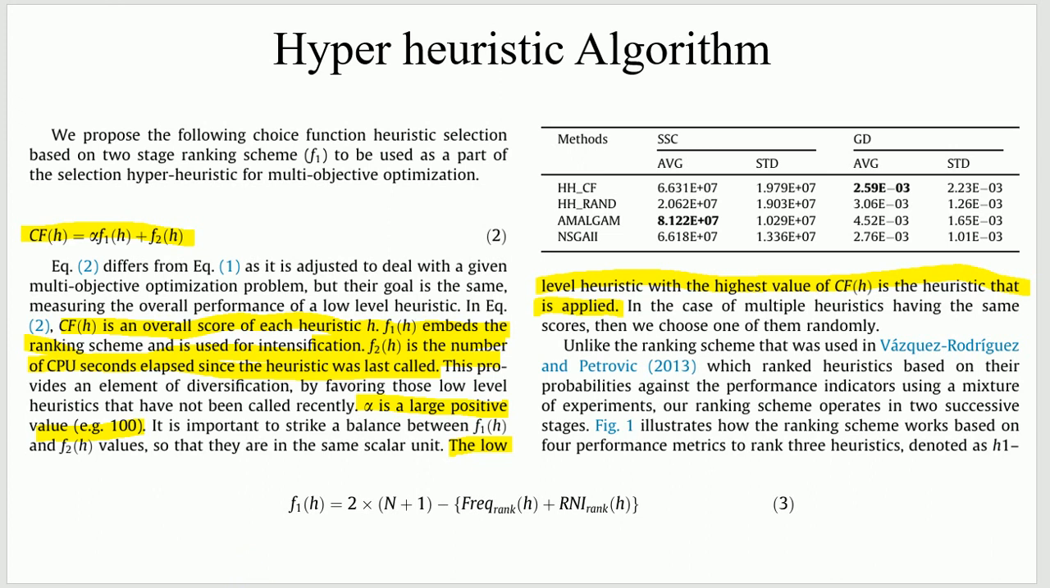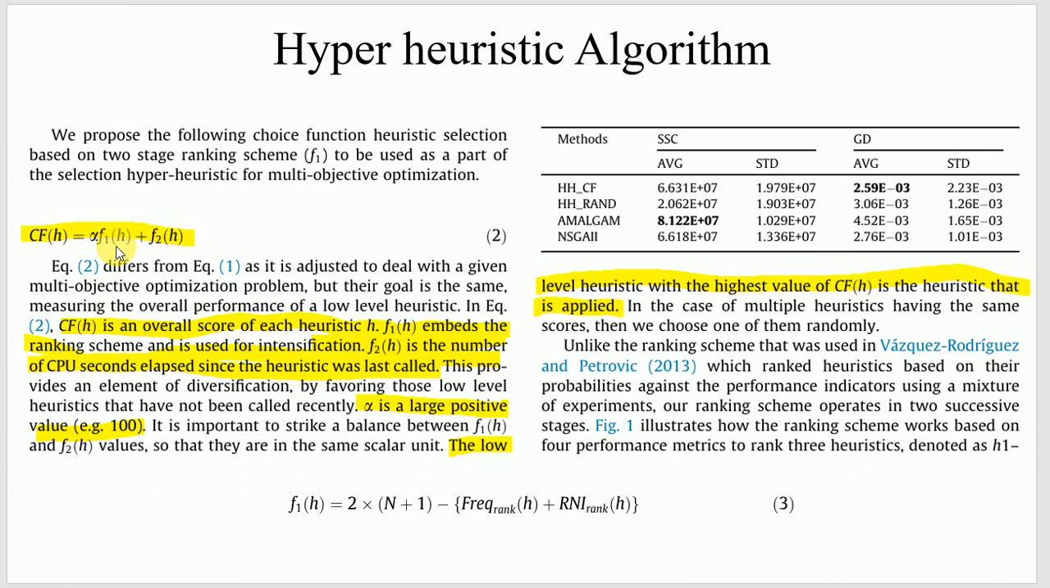Now to answer the second question, how to calculate the value of this particular choice function, first I will try to explain how we can calculate the value of function 1h. In order to calculate the value of function 1h, we need to understand four performance metrics that has been incorporated